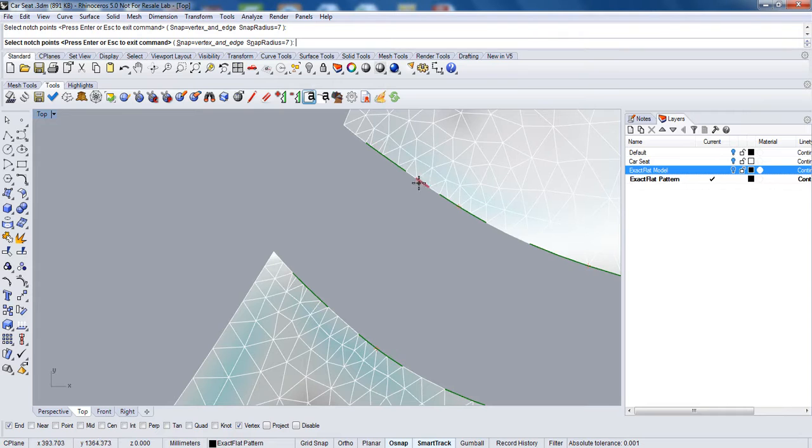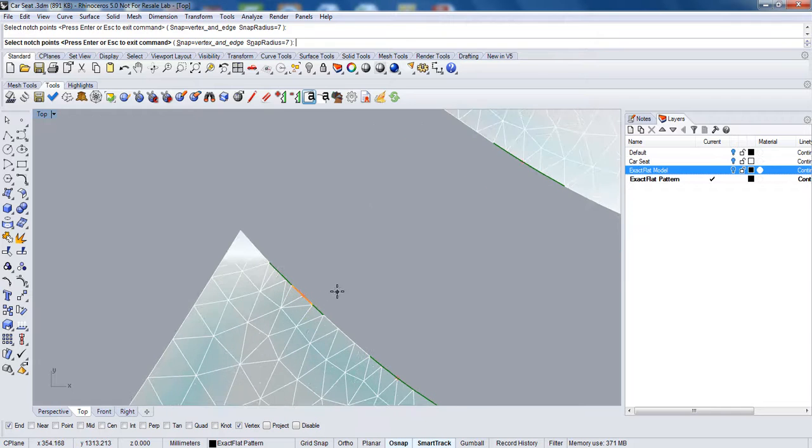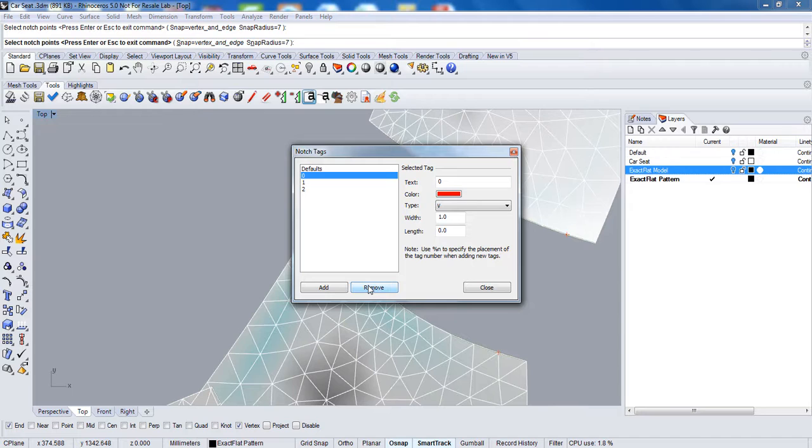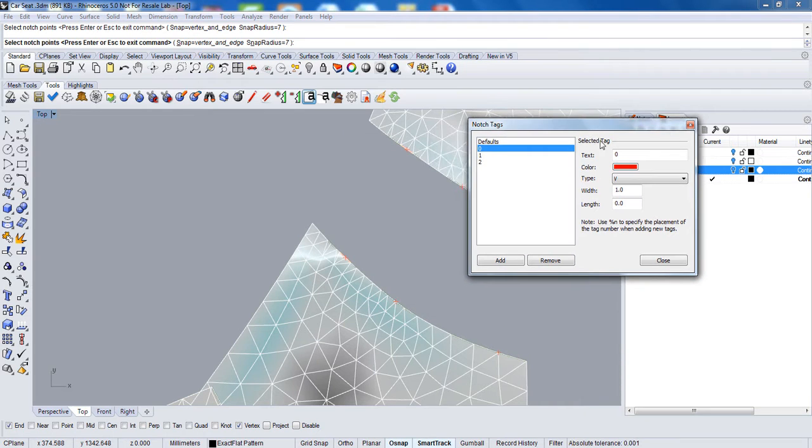You know, if I go over here, there's no notch, but here, so right there, basically, you can see this notch and that notch. To remove a notch, you can simply right click on your mouse. It'll bring up this notch tag dialog and I can remove notches. And how I do that is simply hit remove, and you can see as I'm clicking remove,